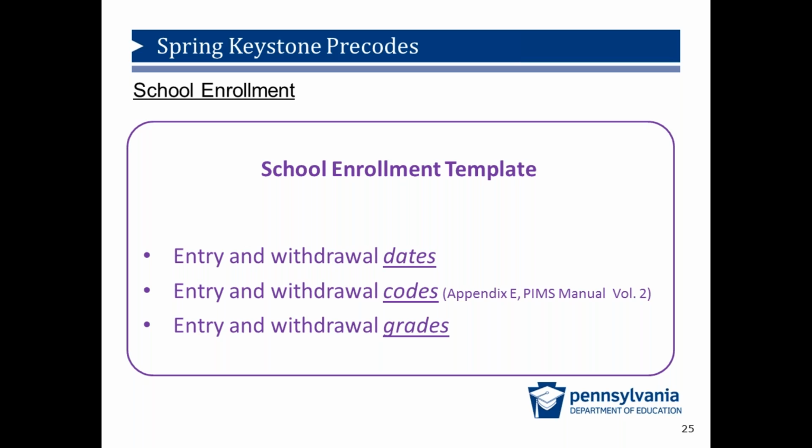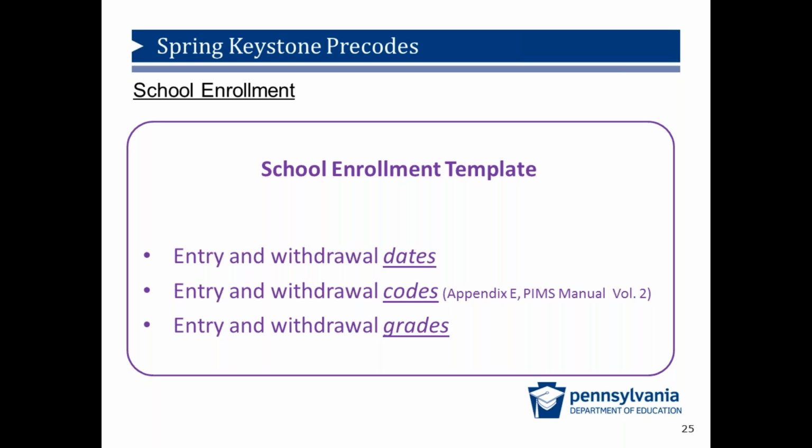The second example is if a student had an entry date of E01 dated September 1, 2016, paired with a withdrawal code of WD01 dated January 2, 2017, it would show that the student was not enrolled for a full academic year since the student did not remain enrolled until the last day of the testing window, May 26, 2017. If a student changes school buildings within a school year and uses withdrawal code WD05, it will not be factored into making the determination of full academic year status.